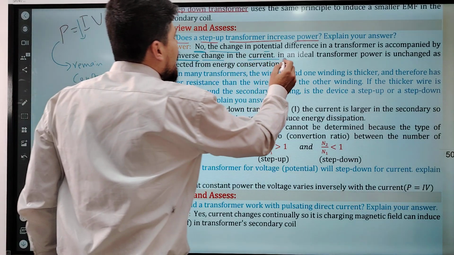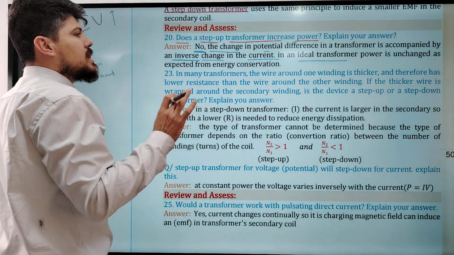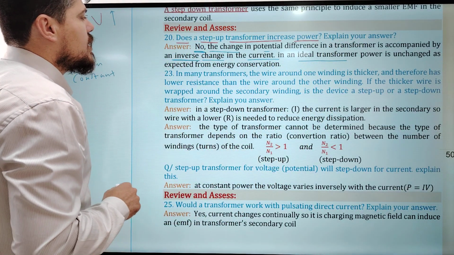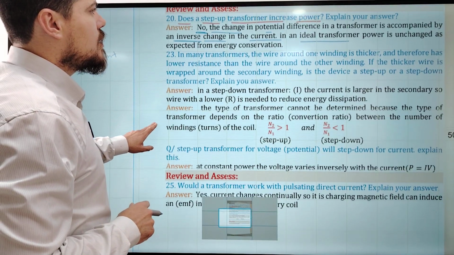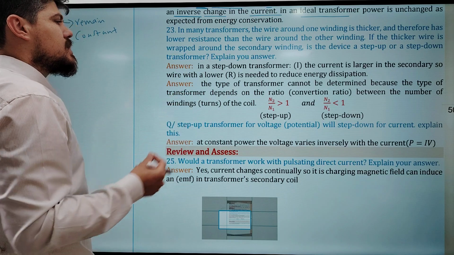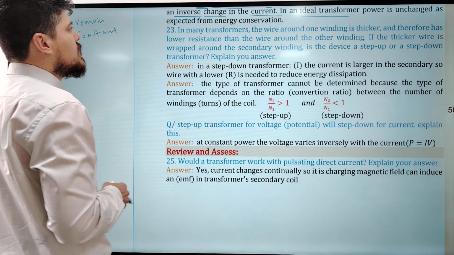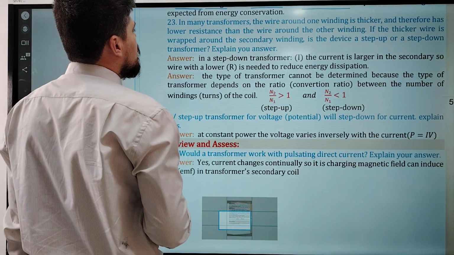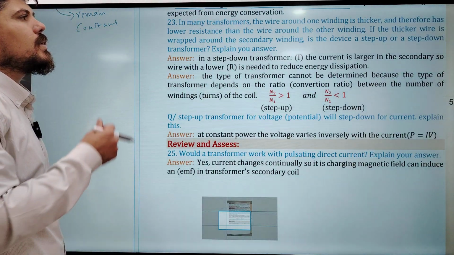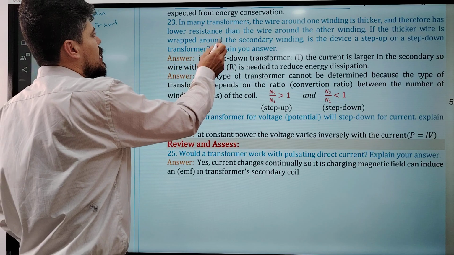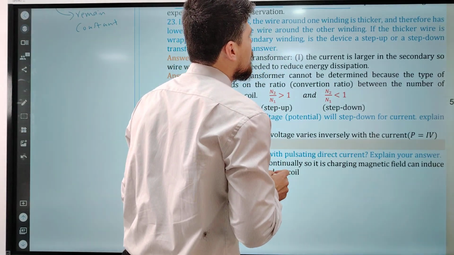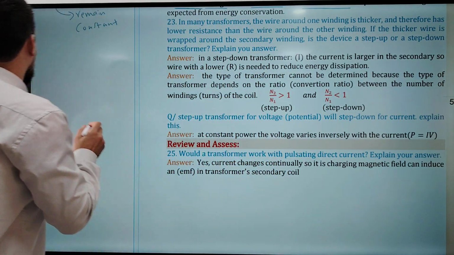In an ideal transformer, power is unchanged as expected from energy conservation. But in real transformers, some of this power is lost to heat. In many transformers, the wire around one winding is thicker and therefore has a lower resistance than the wire around the other winding, which means that